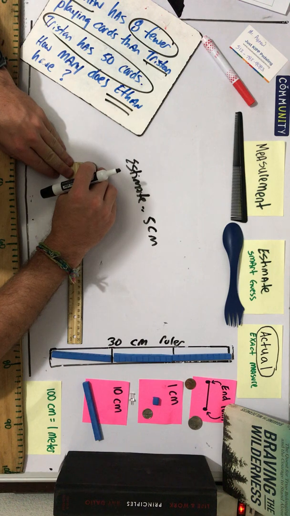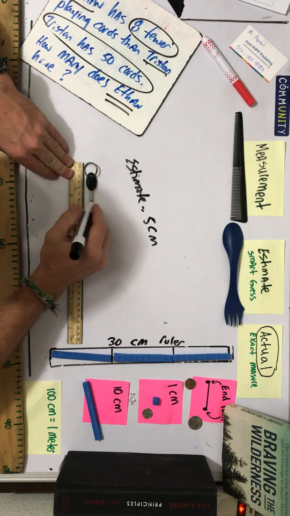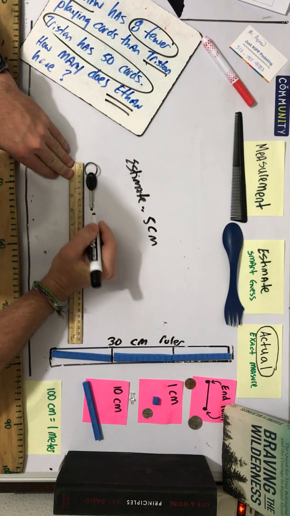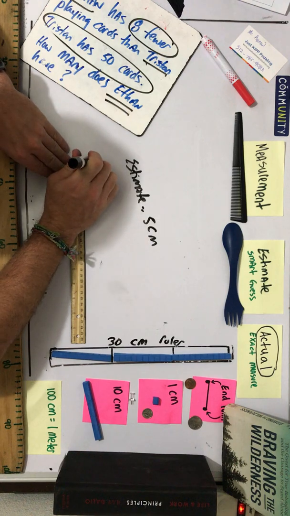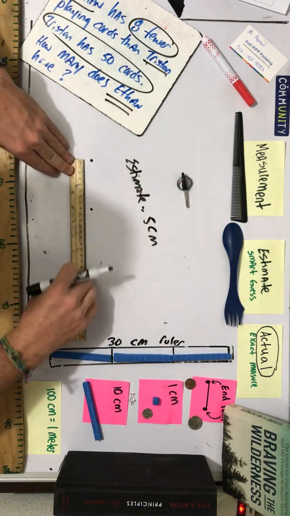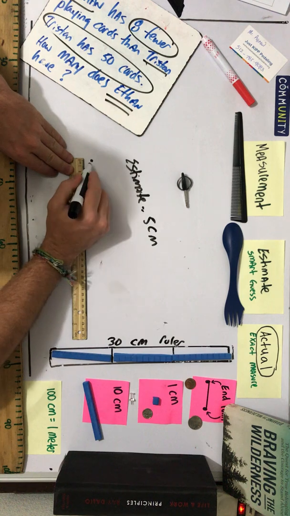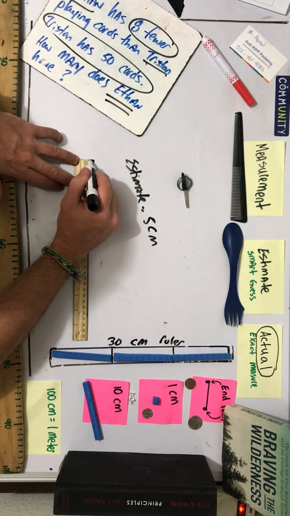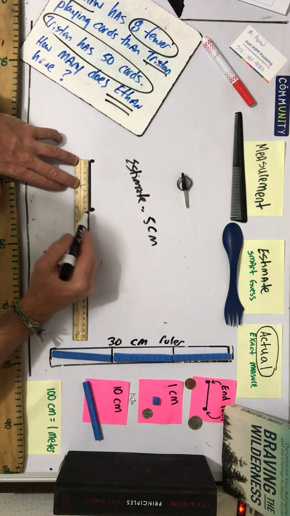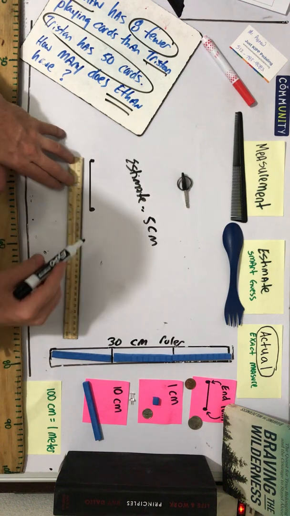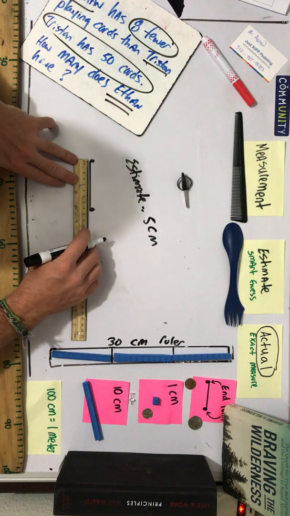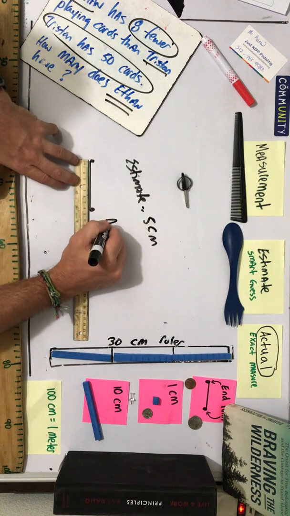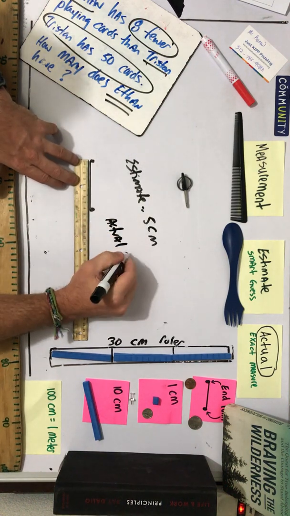Let's line it up from the key ring all the way. One endpoint. Next endpoint. Made my 2 endpoints. Let's make them a little bigger. And now I'm going to make my line to connect, starting at the 0 all the way to the 8 centimeter line. My actual measurement